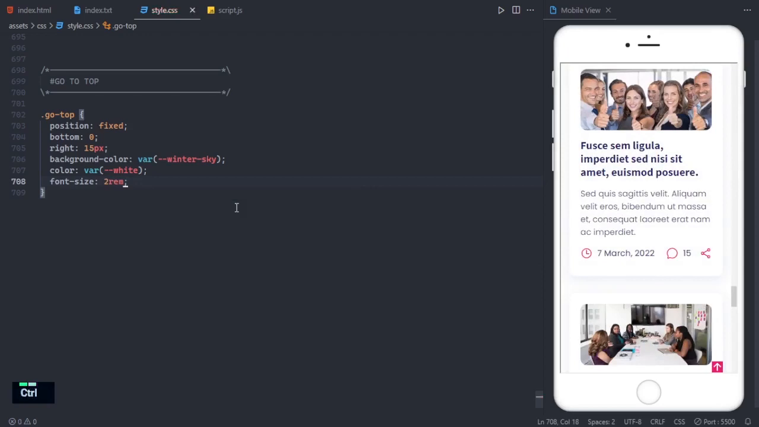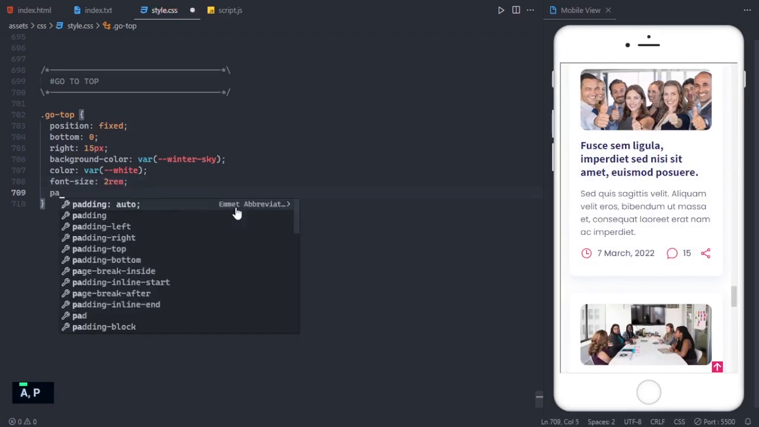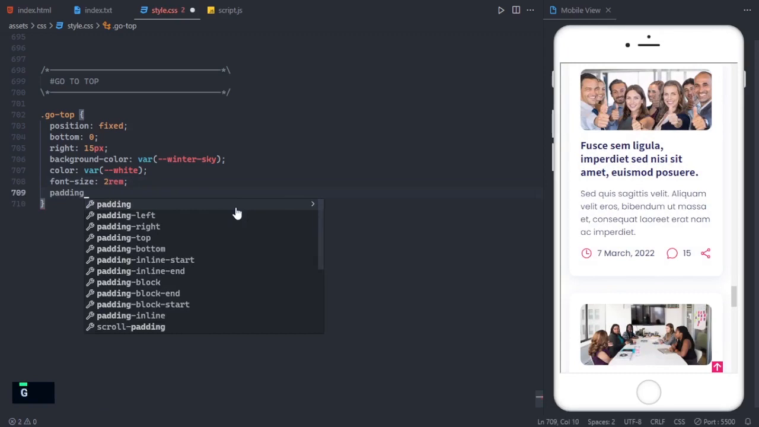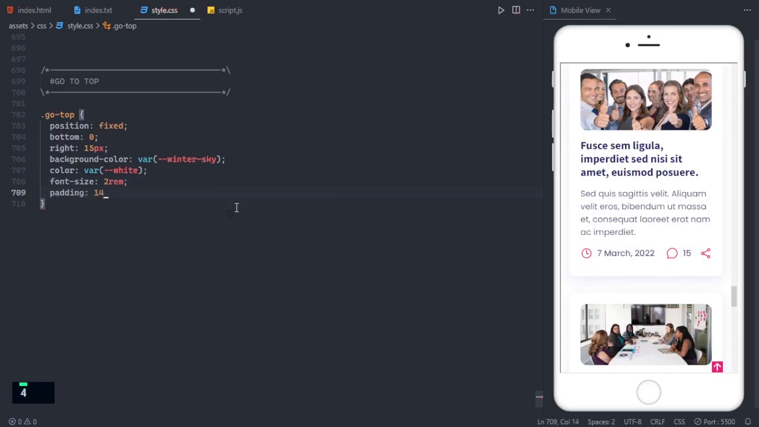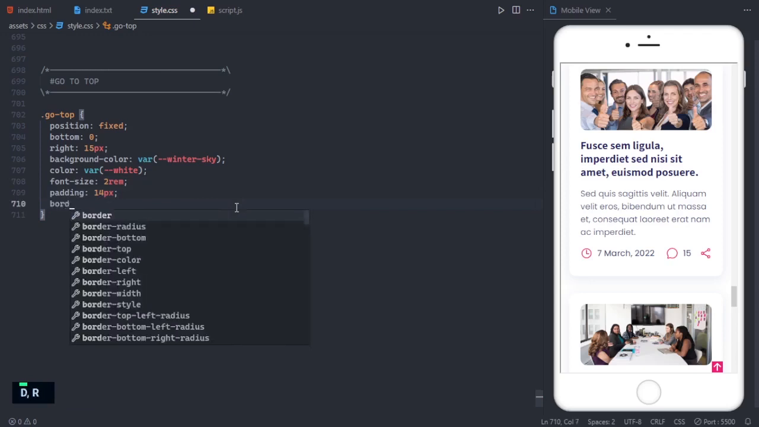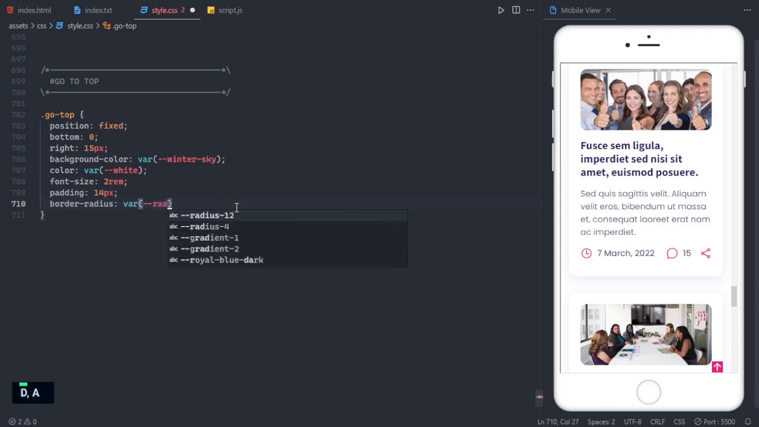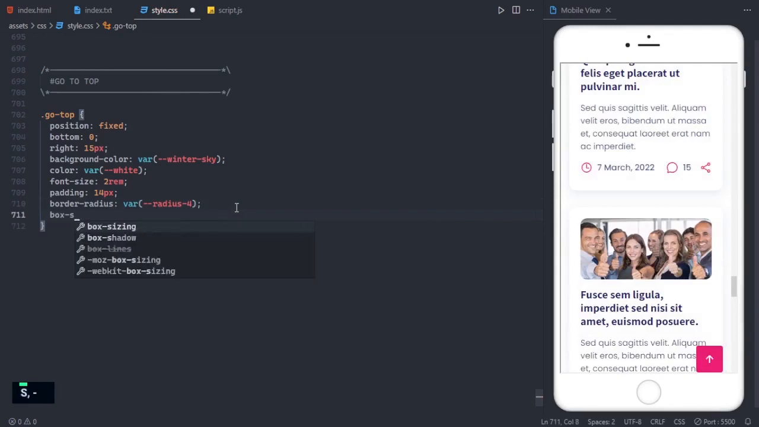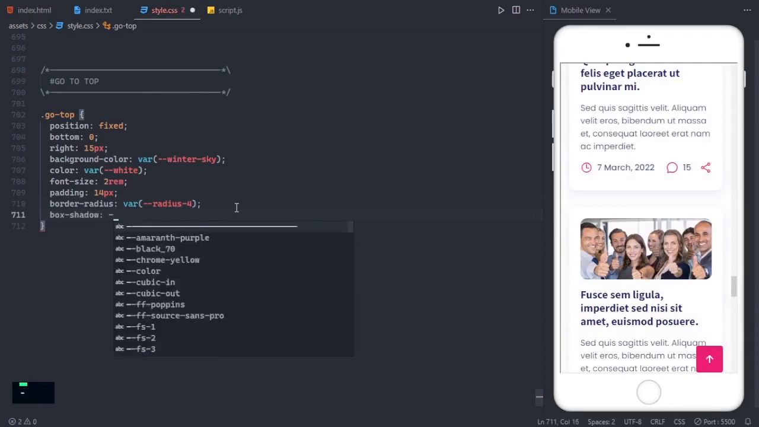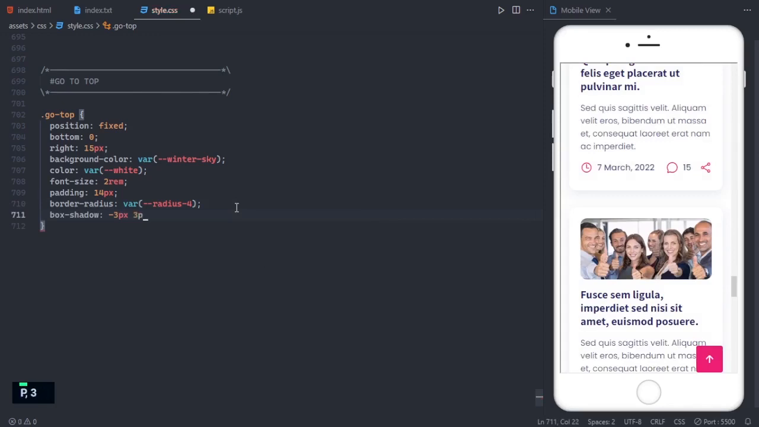Also, you can set the rem because it should also provide 20px. Then padding 14px and border radius var radius 4. After that, box shadow minus 3px, then 3px, 15px, var winter sky 50. The z-index will be 2